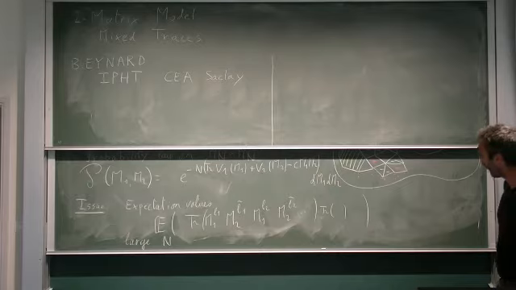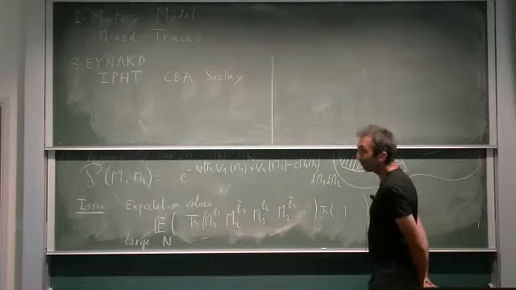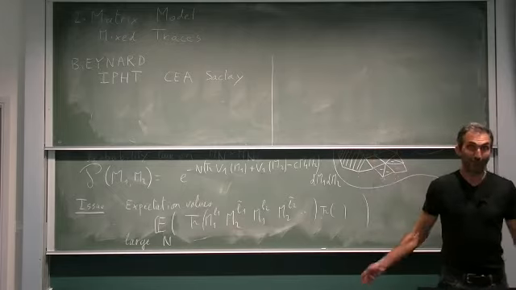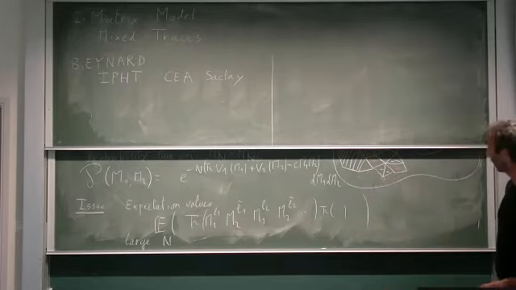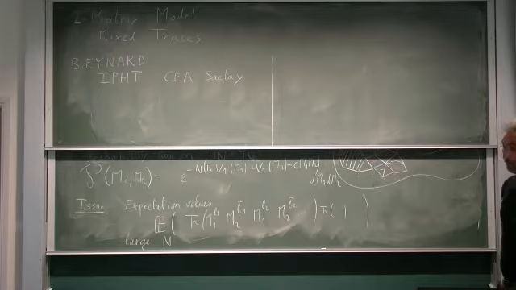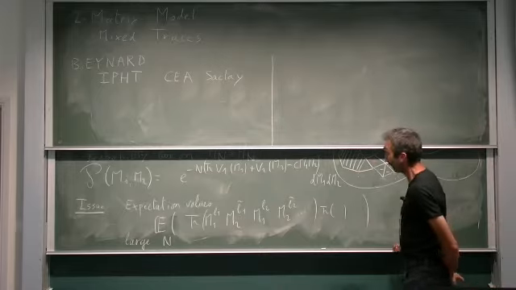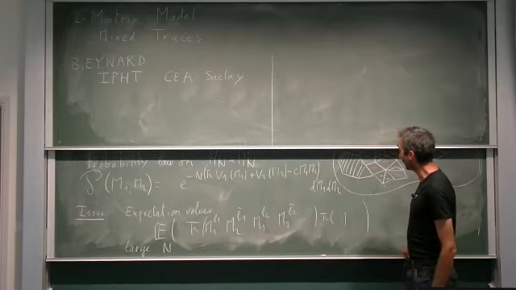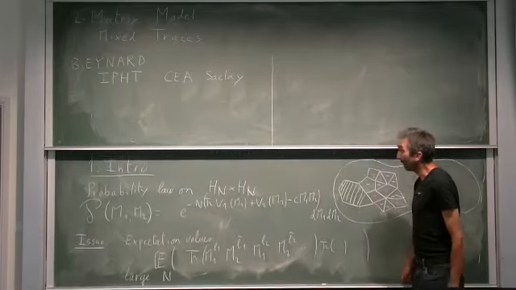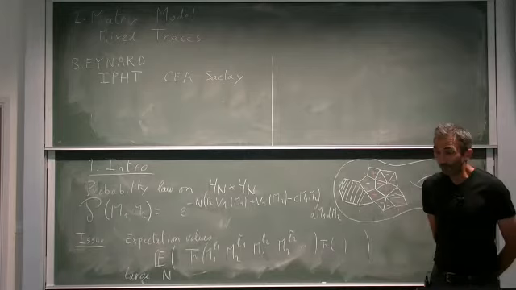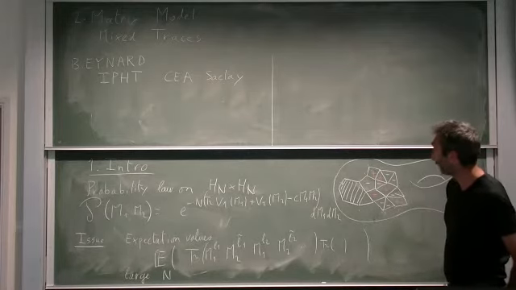So this problem seems complicated, but in fact, everything is known. There are formulas for everything. And these formulas are, I must say, amazingly simple. These are very complicated objects, but the answers are really amazingly simple, and that's what I'm going to try to show you. So this question is important in many fields.